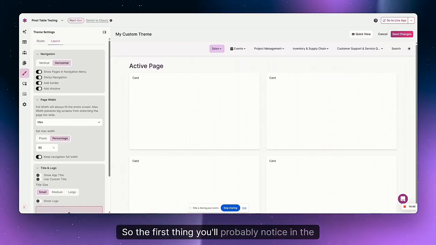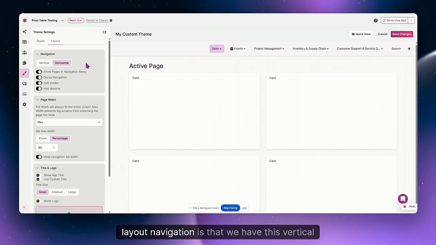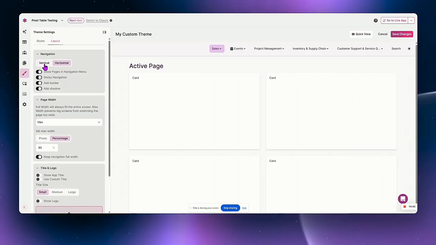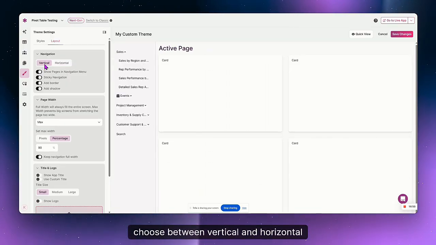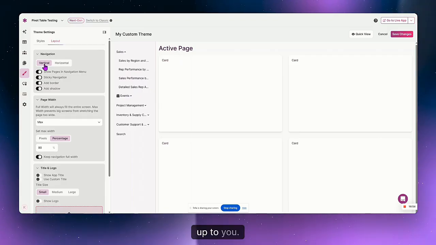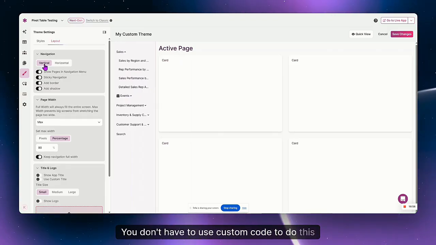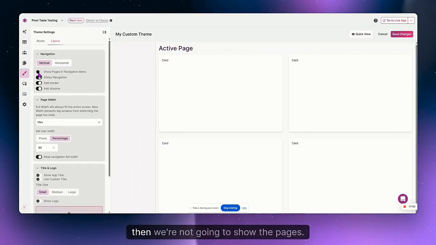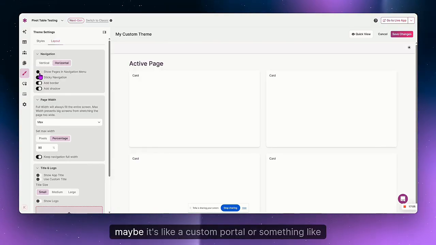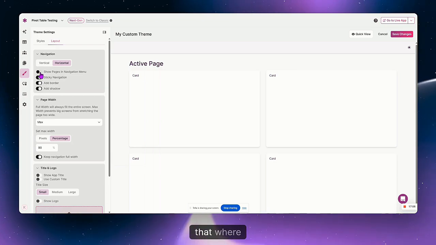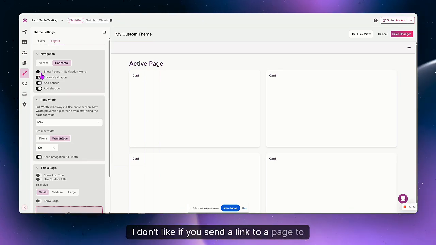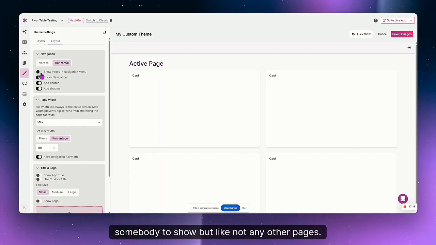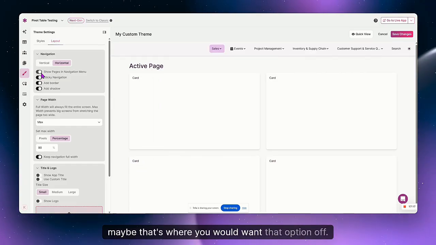So the first thing you'll probably notice in the layout navigation is that we have this vertical navigation. However it works for your apps, choose between vertical and horizontal. It's up to you, you don't have to use custom code to do this anymore. Show pages in the navigation menu: if we have that off, then we're not going to show the pages. So maybe it's like a custom portal or something like that, where you send a link to a page to somebody to show, but not any other pages, maybe that's where you would want that option